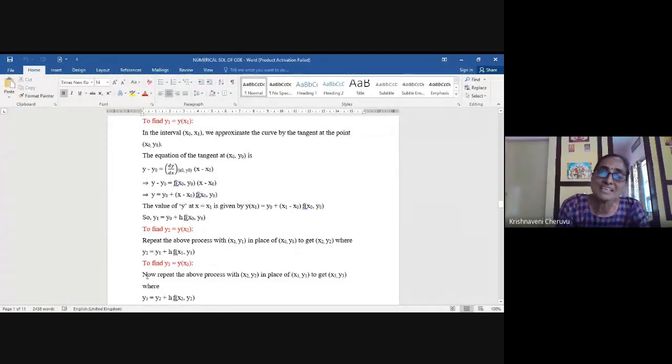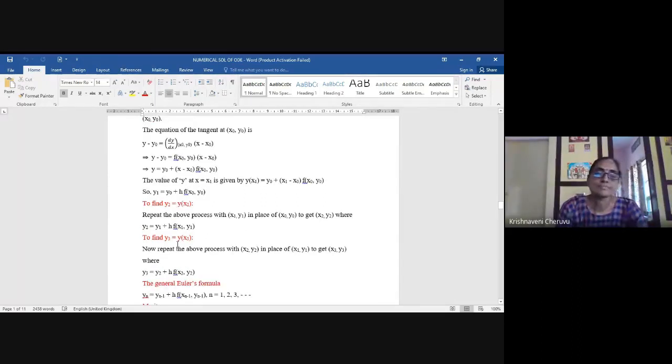So please see that you derive the formula for y2 here in the same steps. Wherever you have x0, replace by x1. Wherever you have x1, replace by x2. And wherever you have y0, replace by y1. Okay, x0 to x1, x1 to x2, y0 to y1. You get immediately the formula for y2. Better you write that instead of writing like this, as this is a short answer question.